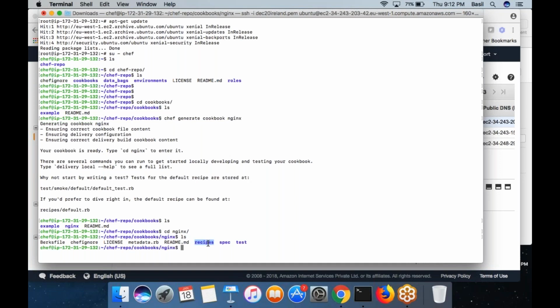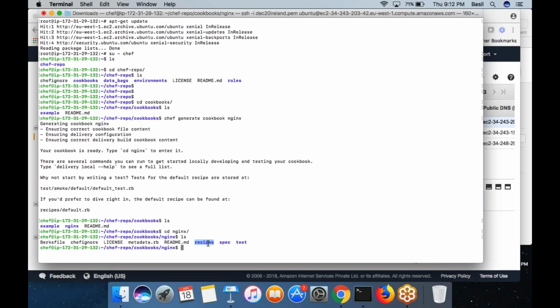I told you, you are going to write down your recipes. Basically, it is the recipes where you are defining the task, whatever task that you want to do. For example, setting up Nginx or setting up your websites, setting up your database machine. So like that, a set of tasks. Each of these recipes or tasks, actually it is called recipes. I refer to task so that you will understand it better.